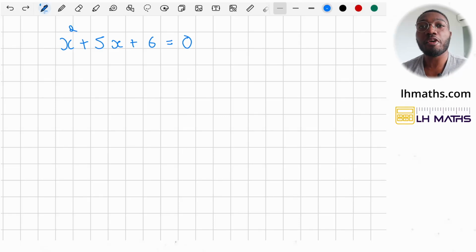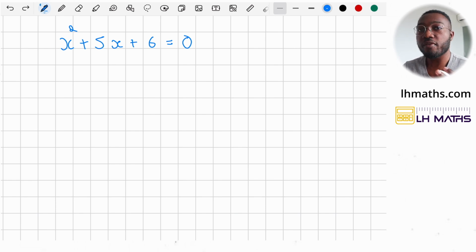So today we are going to be learning about completing the square. In our last video, we looked at solving quadratic expressions by factorizing, and I just have an example here. If we go through this example quickly, I'll show you how to do it from just the normal factorizing method. If you have a quadratic expression like this, x squared plus 5x plus 6 is equal